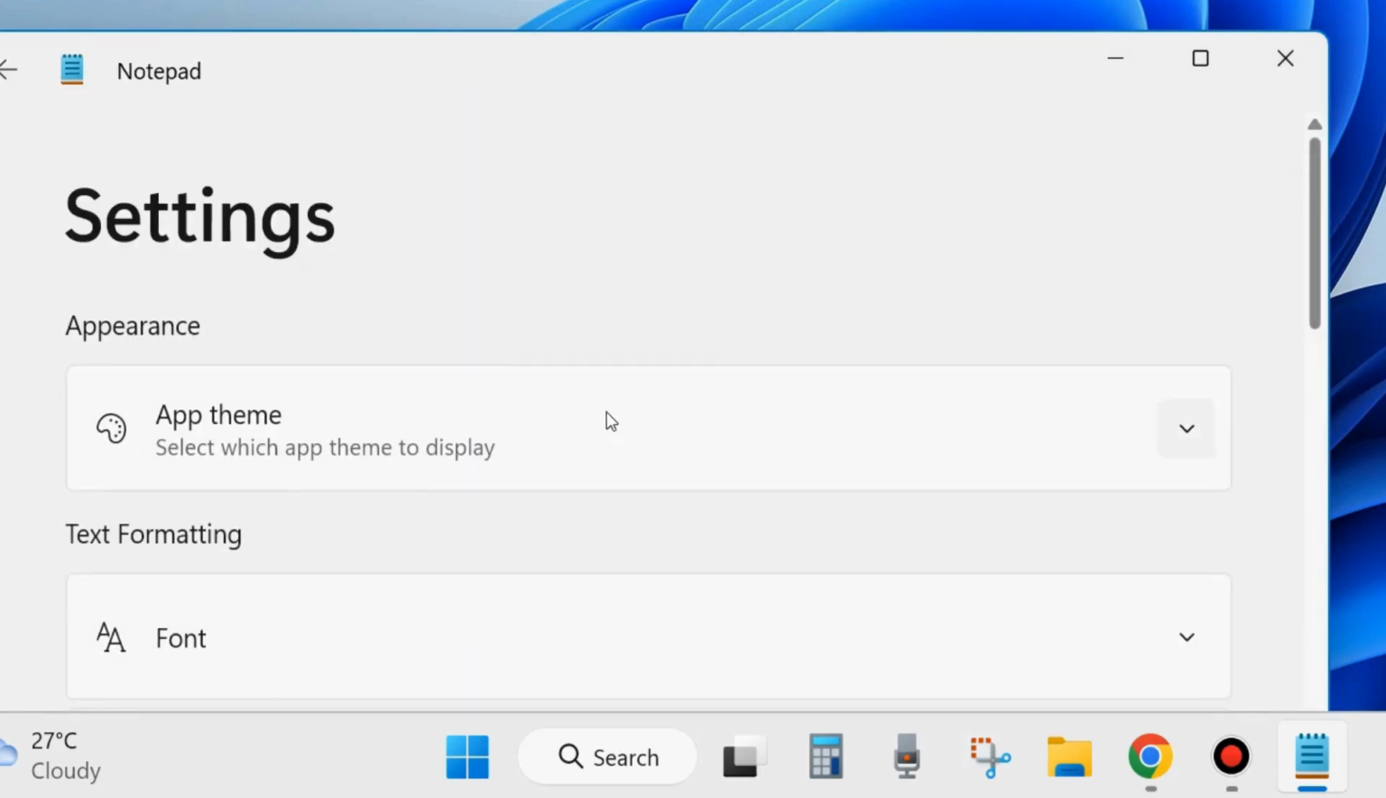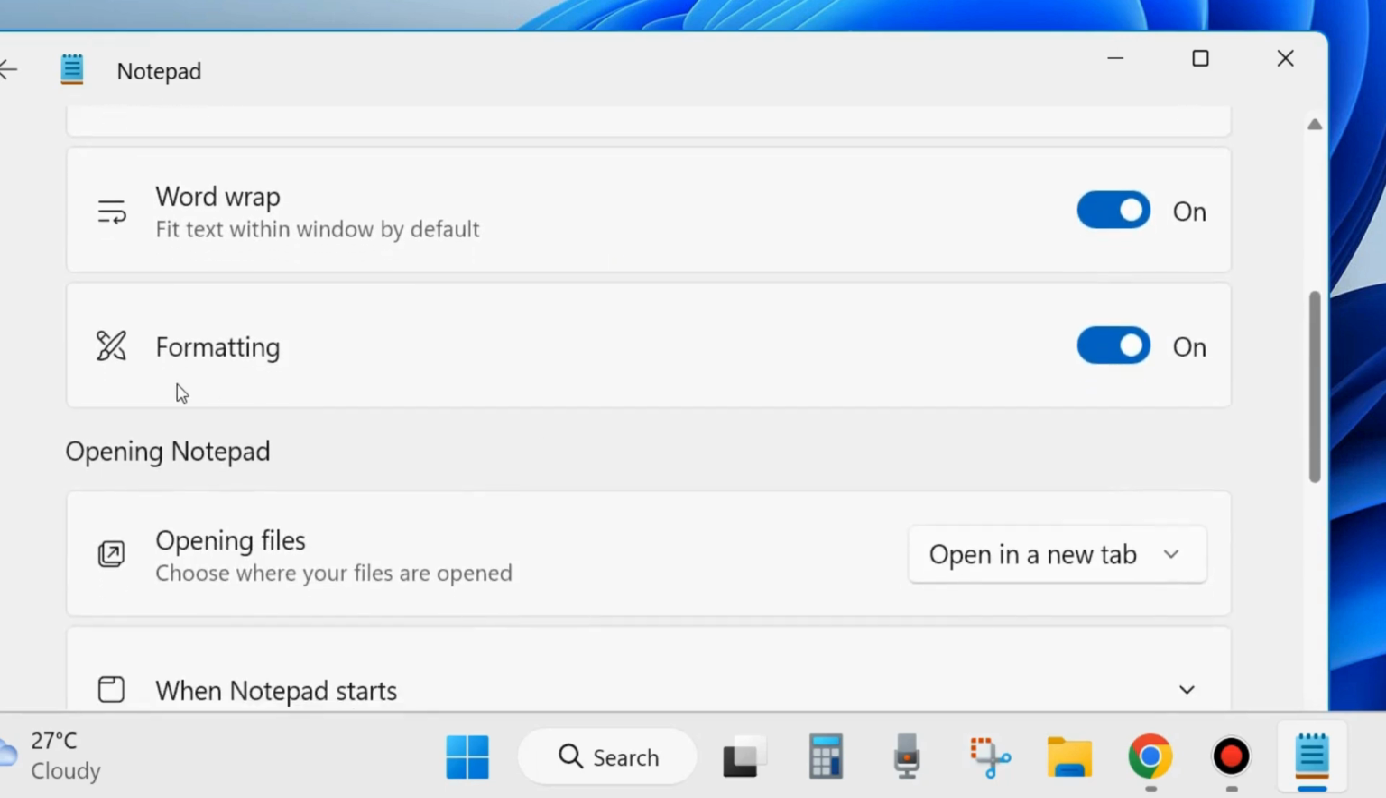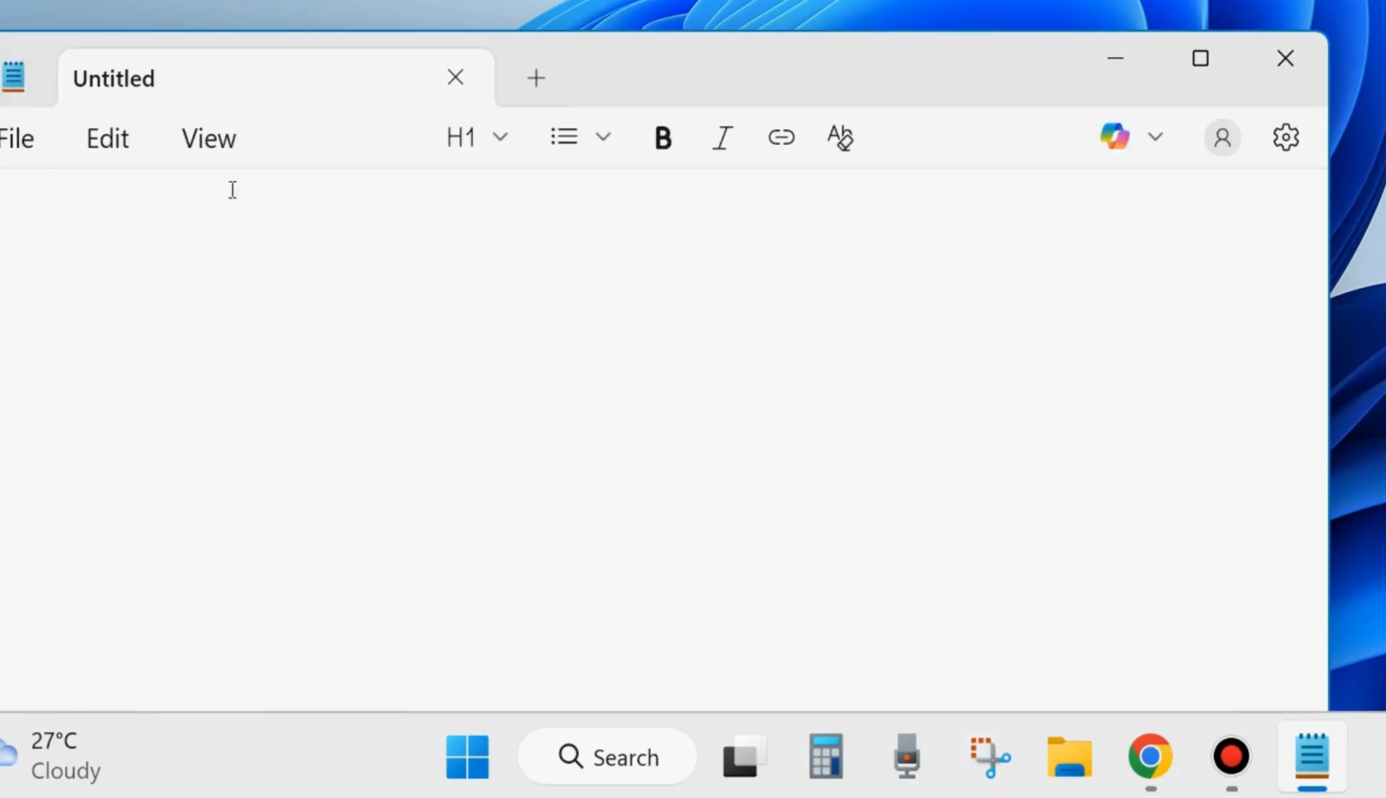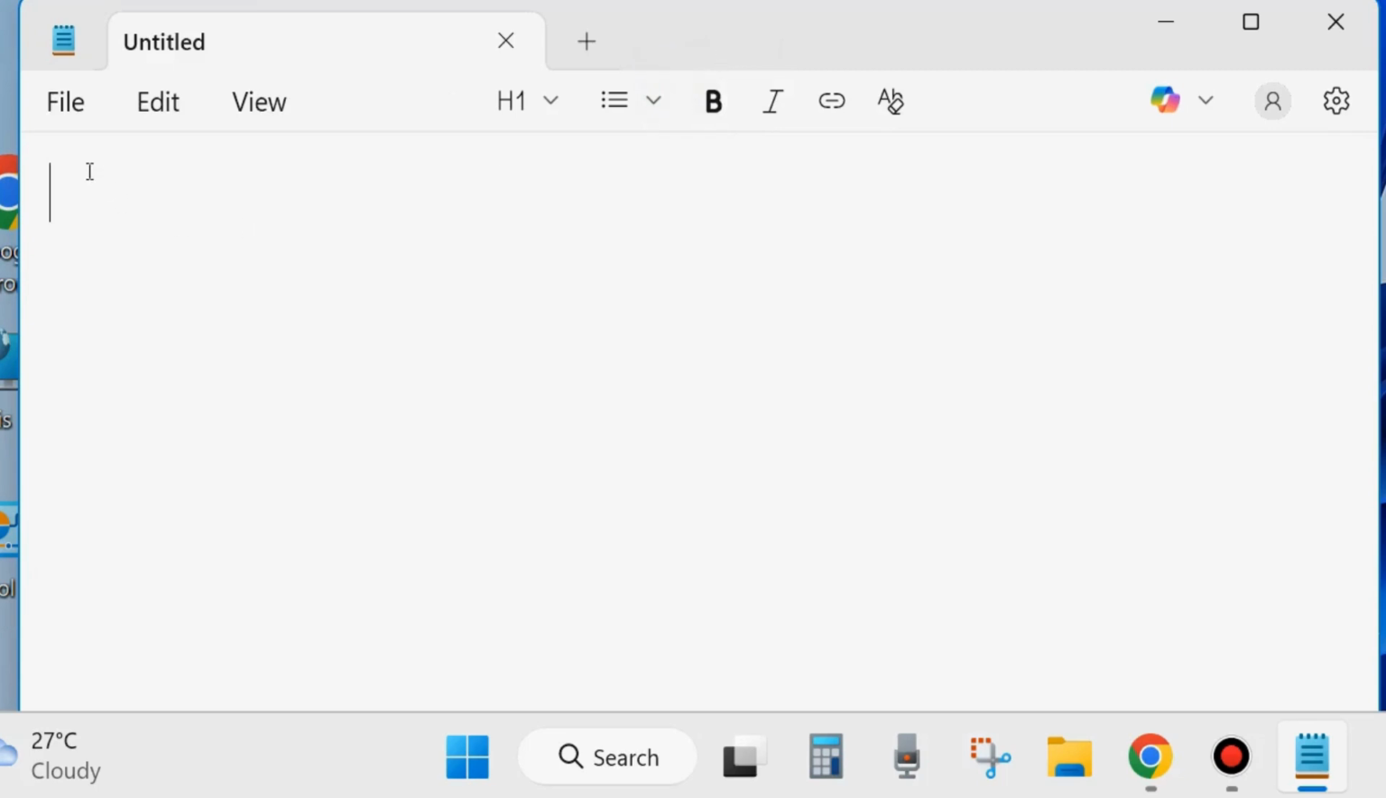From the top right corner, click on Settings cog and go to Formatting and turn the toggle button on under Formatting to enable Markdown feature in Notepad app on your Windows 11 system. Thereafter go back and click on File from the top left corner,